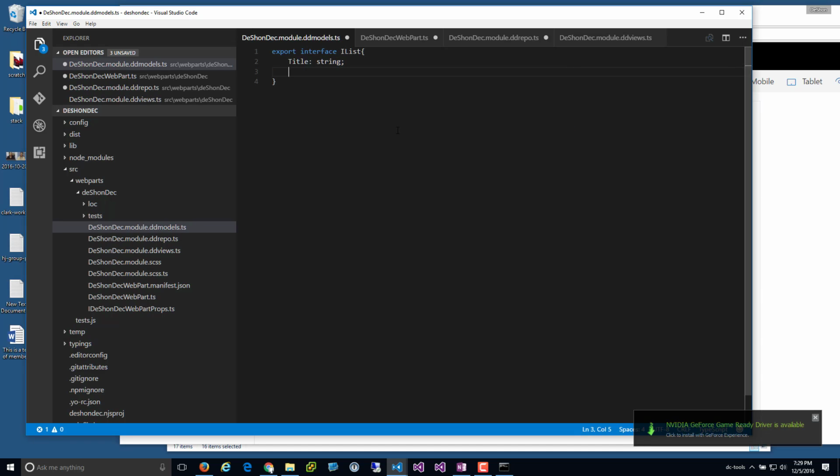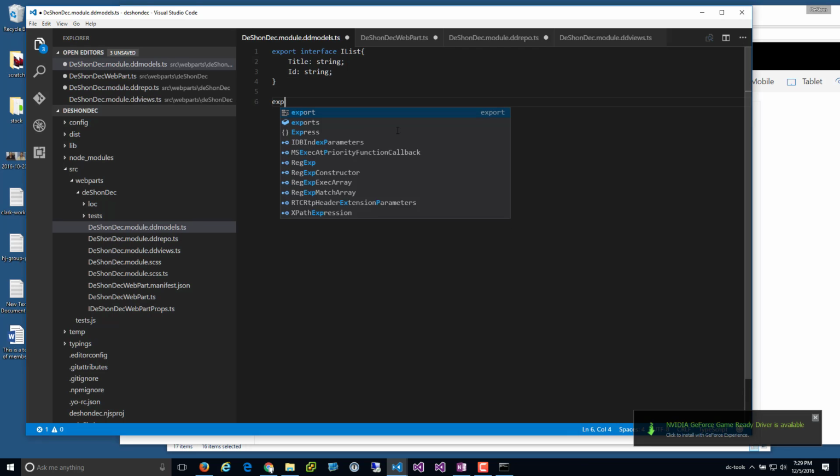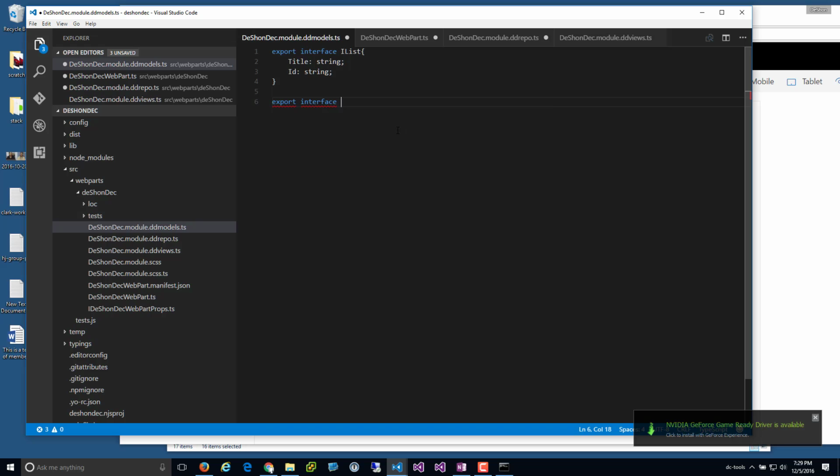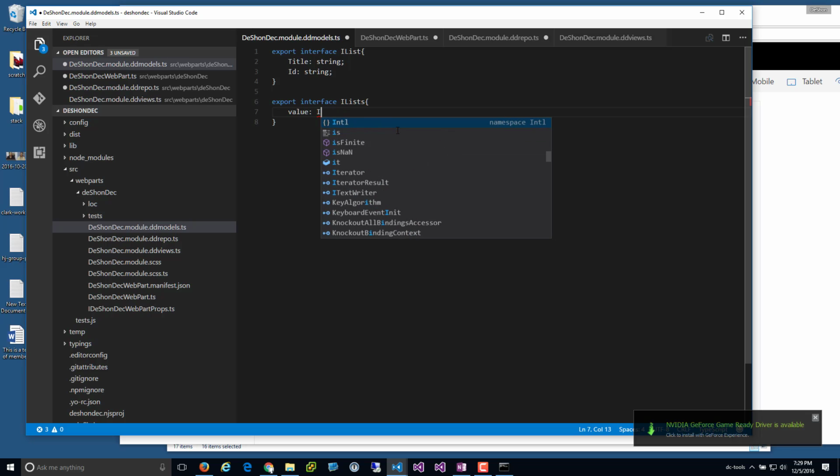It says, okay, any property you want to bring back from that JSON, you have to represent it here. We're going to start off with title and ID, right? But this next one is kind of interesting, because this is the export interface, and this is plural. So this is like the collection. And this has a key property, a keyword property value, and then you return an array of the type